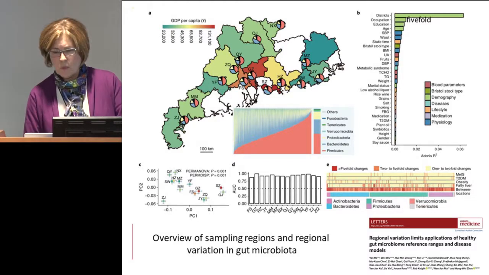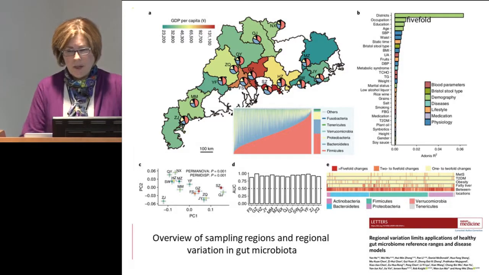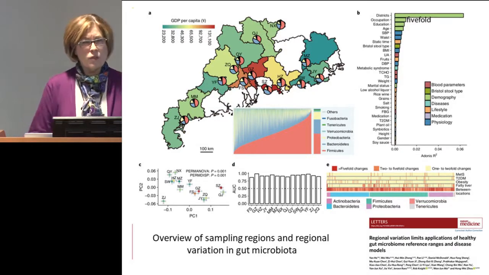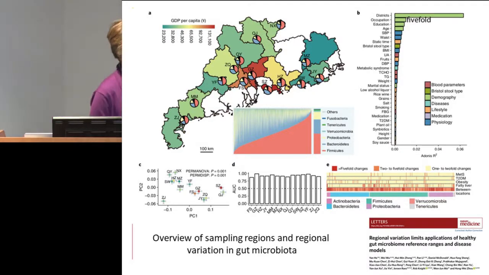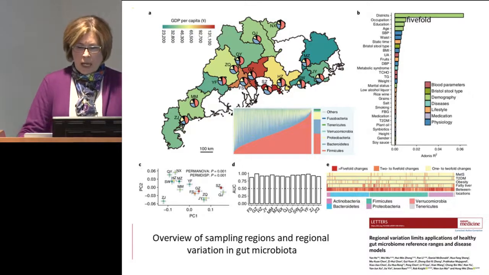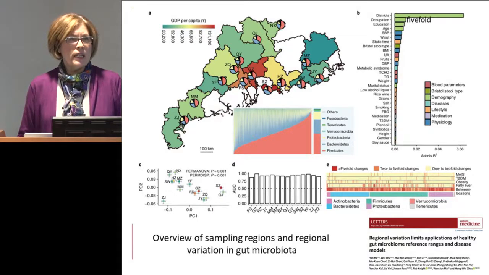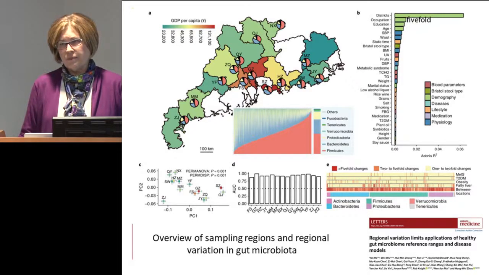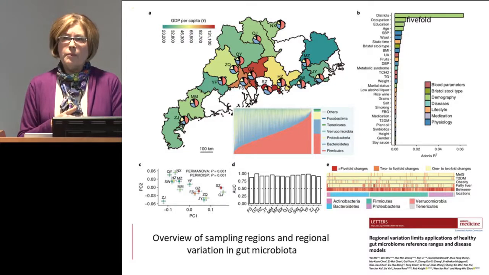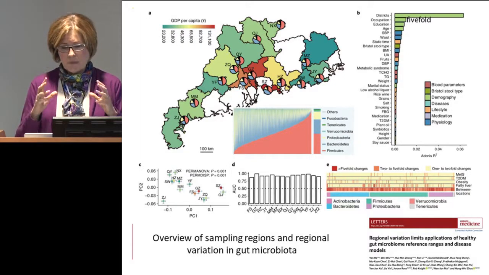I guess the pointer here doesn't work. But if you look at panel B on the top right, these were all the metadata that were looked at. And what was very clear was that it was districts, it was geographic location that was the primary driver of the differences that were observed here in, if you look in panel C, if you look at a PCA plot separating these various populations. Obviously, geography like this is an umbrella for a lot of factors. It could include ancestry, as we saw in the previous study, other lifestyle factors, but this by and large was